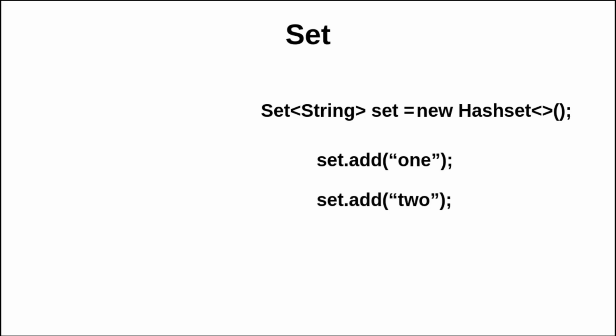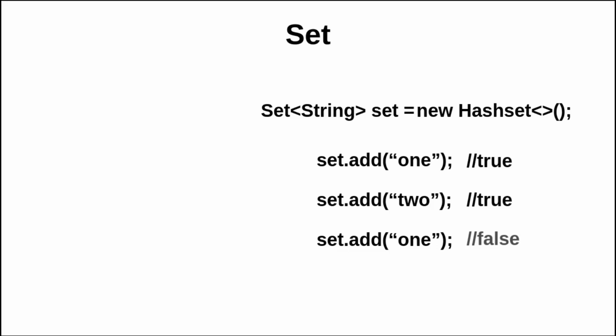So if I add the string 1 once again, as I am not allowed to have duplicates, nothing will happen. The string 1 will not be added again as it already exists. And how can I know that the first add went well and the second one did not? In fact, the add method returns a boolean. So the first and the second instruction will return true, while the last one will return false. There will be no error, just the set will refuse the addition. In the case of a collection, the add method also returns a boolean and always returns true.